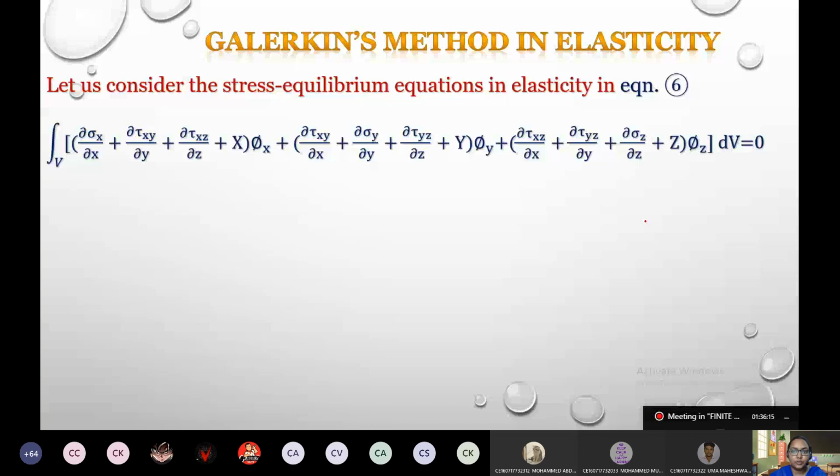If you don't remember the equations, very bad. Get back to the second unit derivations, what we have done. Stress equilibrium equations, relative constitutive matrix, boundary conditions, all these are taken into account now, taking Galerkin's method into elasticity problems. Did you note it down? Good. Now let us take this equation as equation number 7, please.